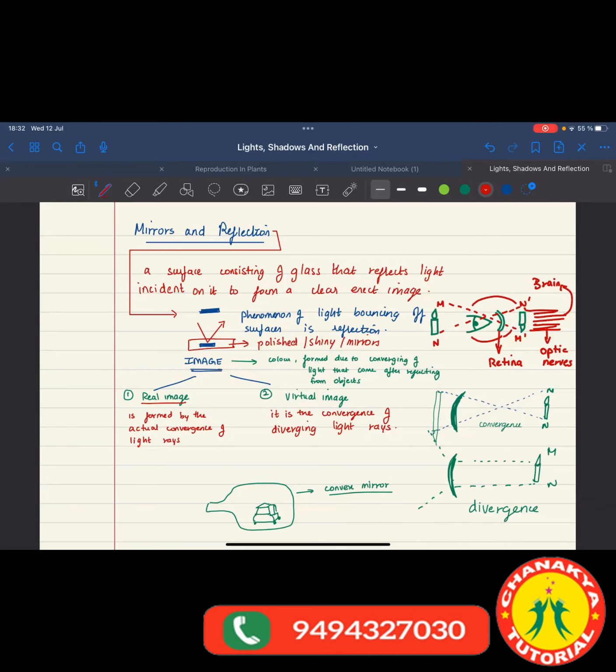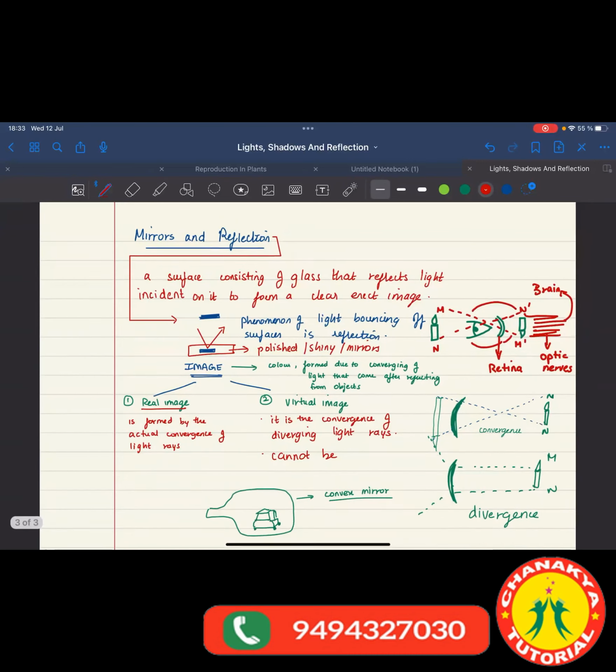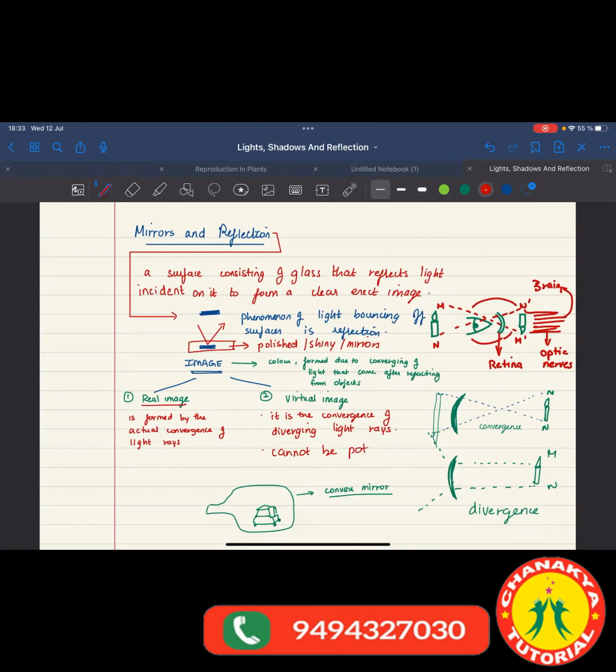Also, another amazing phenomenon is that a virtual image cannot be portrayed or cannot be